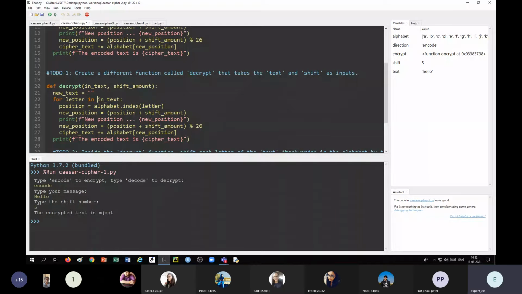But instead of plus here, we have to write minus, because for decryption we have to shift to the other side of the text. So print new position. Here I have just printed it. Right now, let me make it a comment. So new position is equal to position plus shift amount.